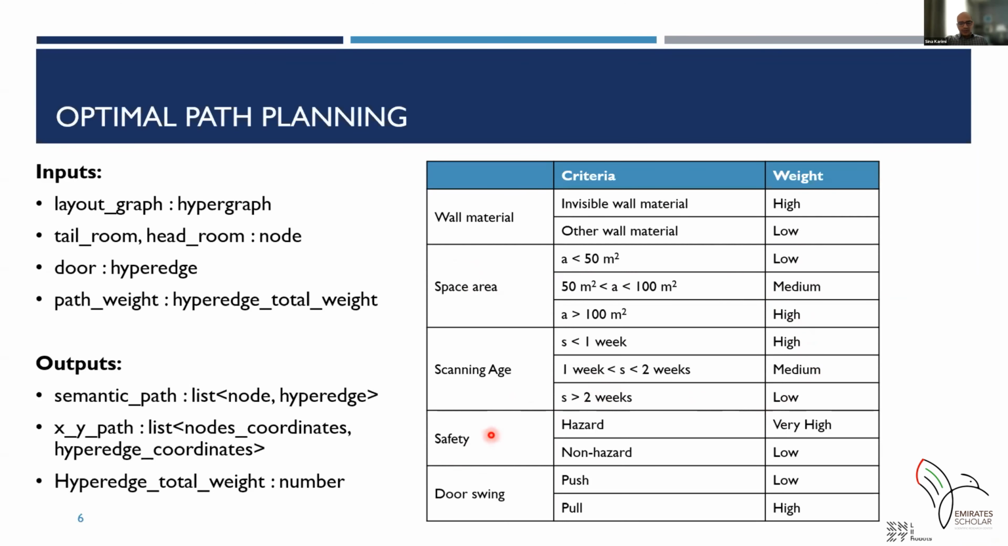And I would like to highlight here that safety is very important for the robot navigation. So for any hazard that comes on the robot's path, we assign a very high value, so that we want the robot to avoid that area. And also for the door swing, as it is